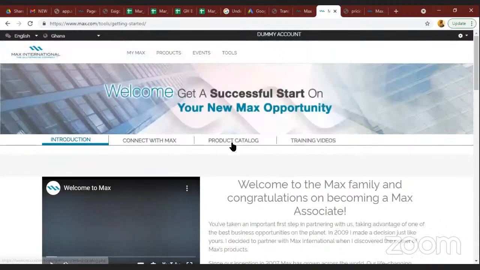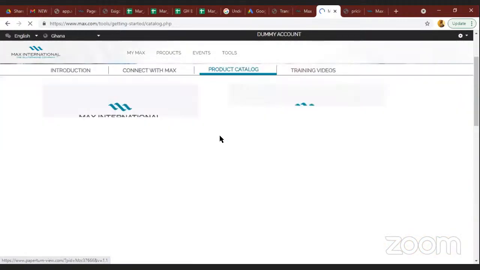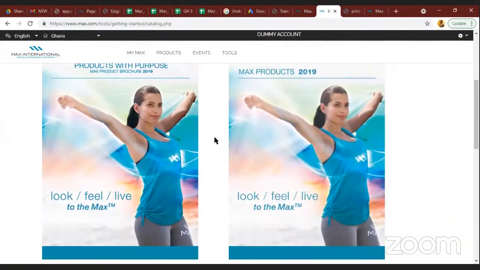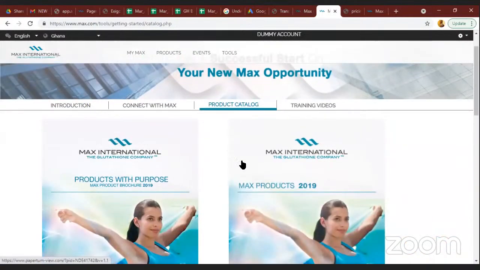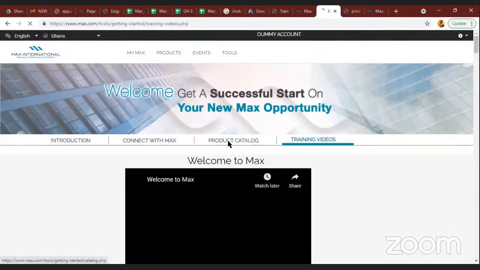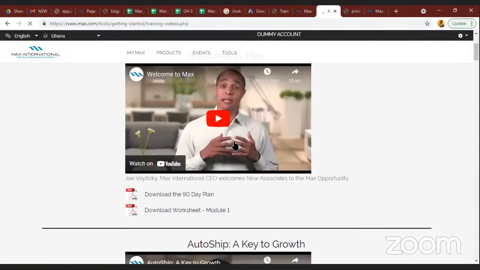Also, if you come here, we have the product catalog. It's like the brochure that we add to the registration pack for every associate. We add this product brochure to the registration pack for every associate, but this is like a soft copy that you can get access to. And there are training videos as well you can get access to. You can download these videos as well. And there are so many